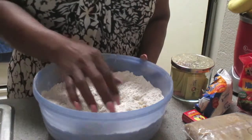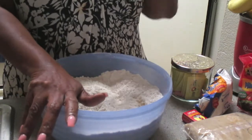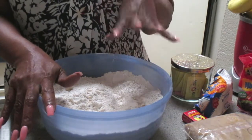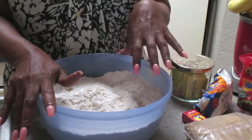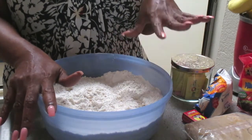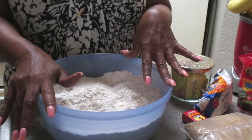Let me try this again. I'm making my buns today, and I thought I would try to share it with you. I have in here 2 pounds of flour. I have my cinnamon in. I put, I believe, like a teaspoon, and a teaspoon of vanilla extract,